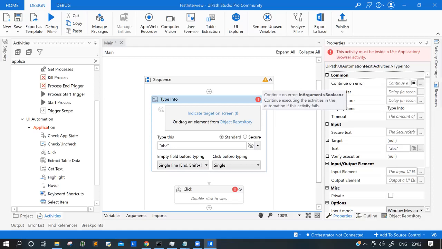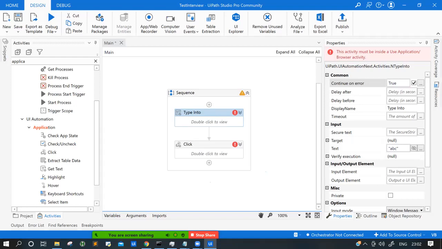So if I say continue on error, if you check this property, you will not get an error. By the name itself, it says continue on error: if you get an error, continue. For example, the timeout might wait for 20-30 seconds, whatever time is given here, but if it is not found after 30 seconds, it will throw an error. If you have checked continue on error, your program will not stop, it will move further. But if you have unchecked this, your program will stop there and you will get the error there itself.